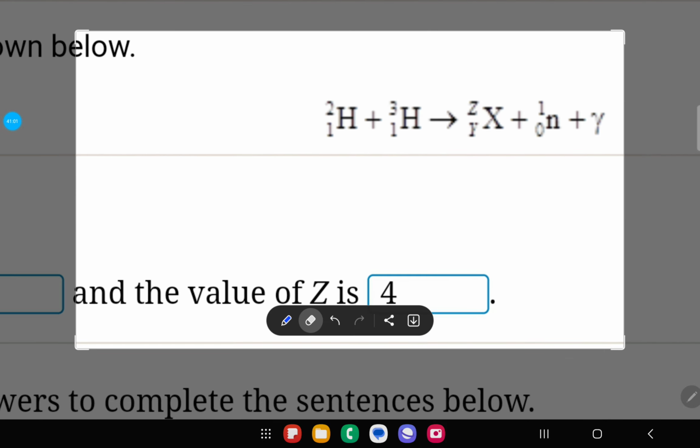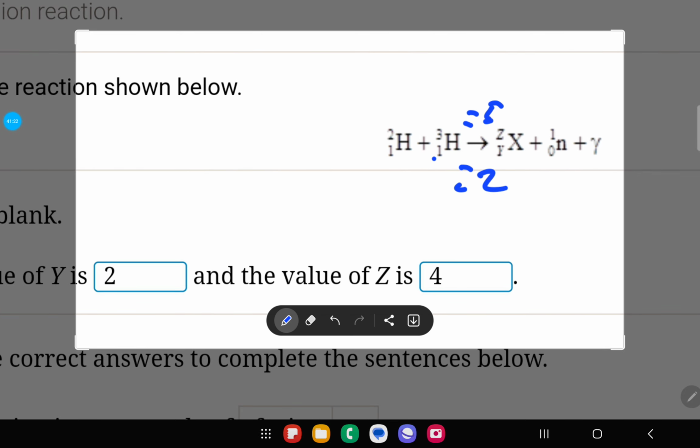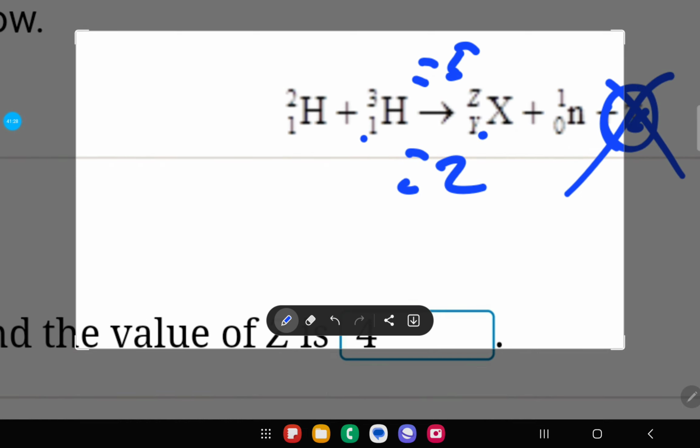Let's get z first, because it's easy. Now let's add them up. 2 plus 3 will be equal to 5, and 1 plus 1 will equal 2. Okay? So z is 5 and y is 2. Now, oh yeah, sorry, they meant this y over here, not this one. My mistake. This is gamma. Anyways,